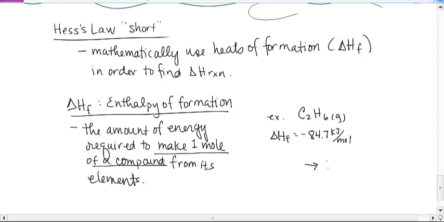So if I were to make 1 mole of C2H6 from its elements, well, what elements are making that up? Carbon and hydrogen. So I would need 2 carbons and 3 hydrogens. I just balanced it, right? Those are the elements that make it up. Then delta H for that reaction would be negative 84.7 kilojoules. In other words, it would be an exothermic reaction, and I would get that many kilojoules per 1 mole of